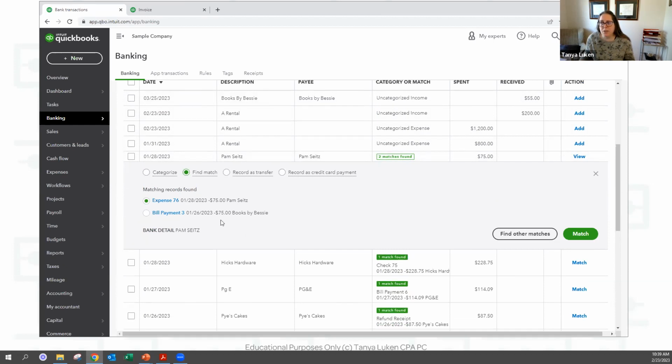And QuickBooks found 2 $75 transactions. It found one to Pam seats and it found one to Books by Bessie. So very clearly it's the first one. If QuickBooks matched it to the wrong one, you would just check this dot instead of this dot. Okay. And then now that we told QuickBooks, hey, it's this one, we're just going to hit match.